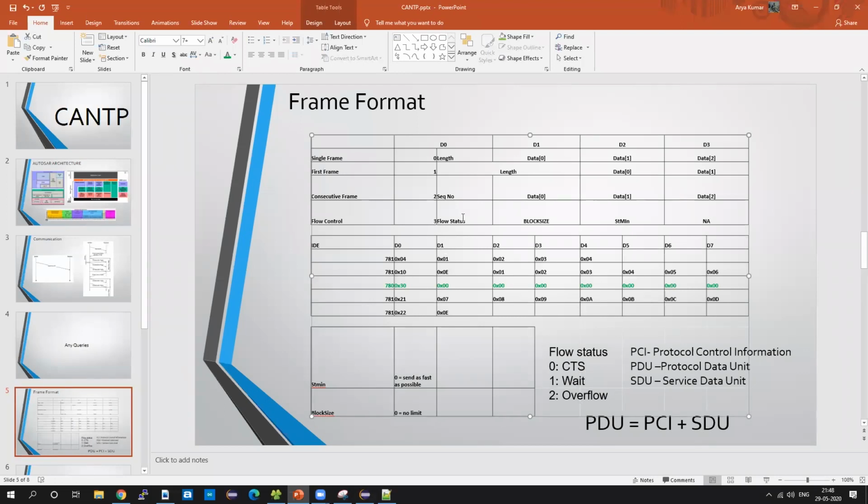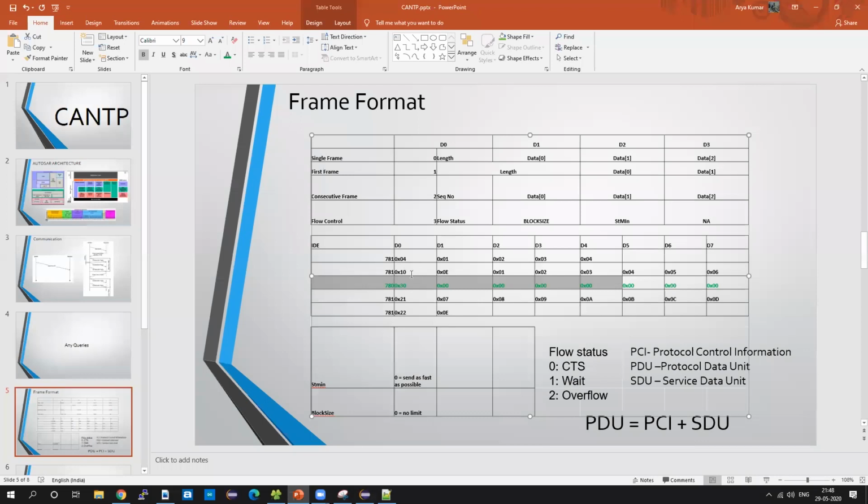If the receiver is ready to accept the data, it will send 0. Here we have 0. If it wants to abort, it will send 2. If the receiver wants the sender to wait for some time, it will send 1. This is done from the receiver side. You see in green it is the receiver, and in black font it is the sender.